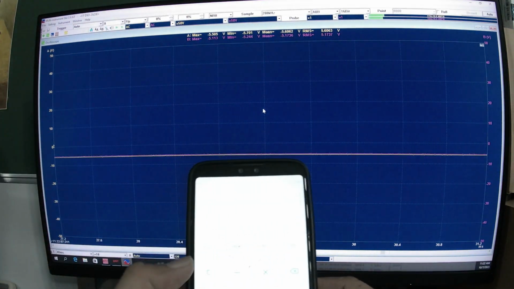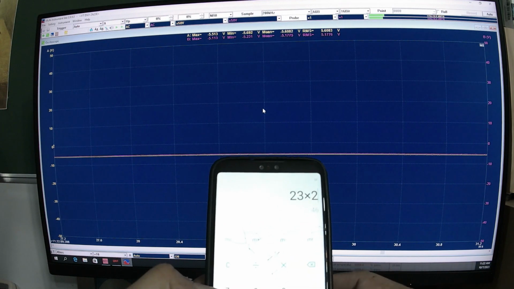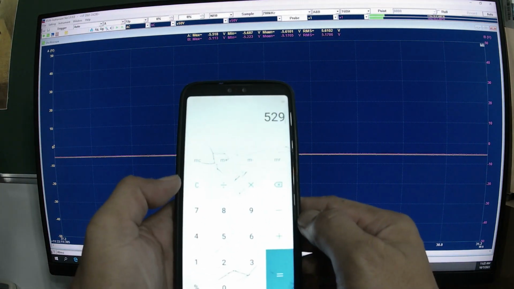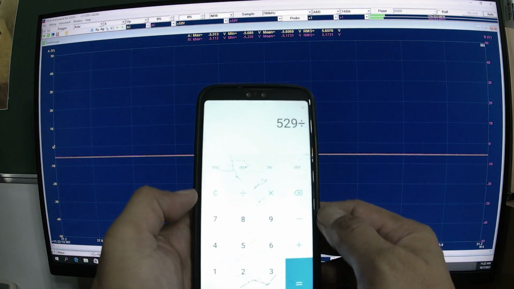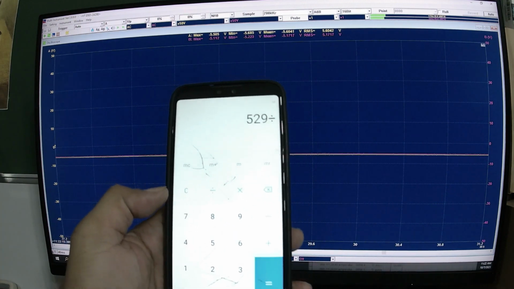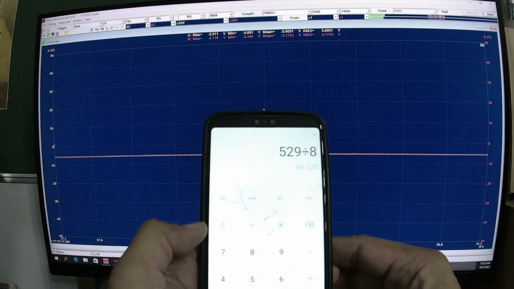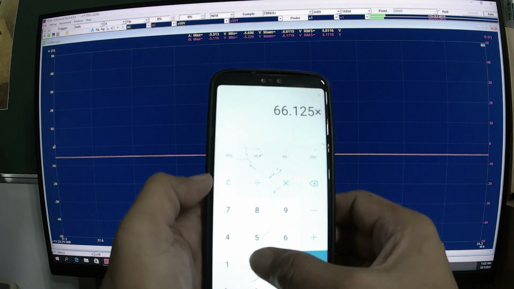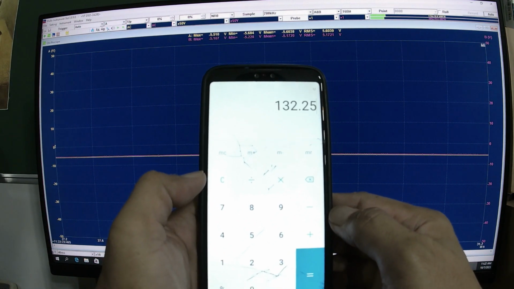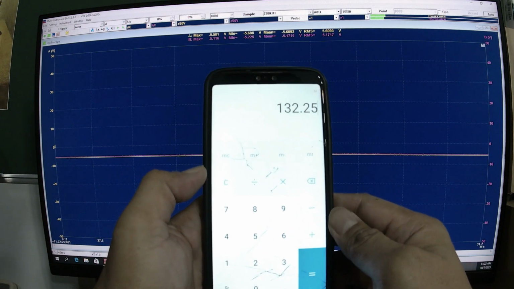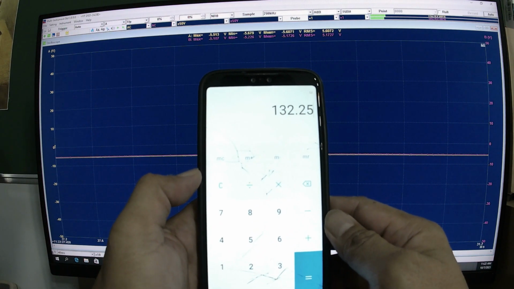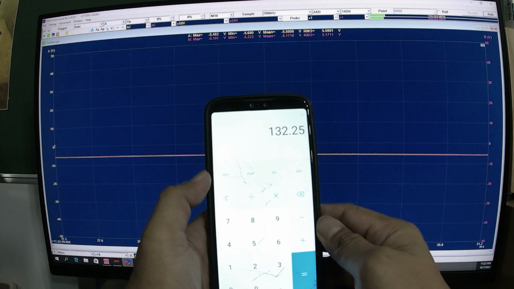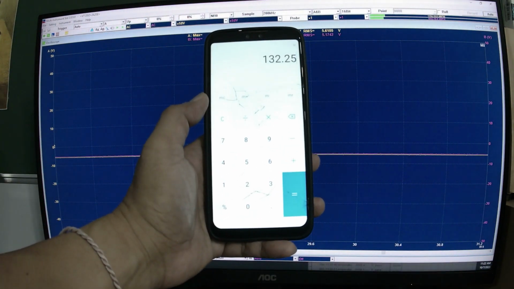let's see, multiplied by itself, that's the voltage swing, divided by 8 ohms, that is 66 watts, and multiply that by 2, so I can produce 132 watts. That's the average power, or sometimes they call it the RMS power. That's the stereo power that I can squeeze from the